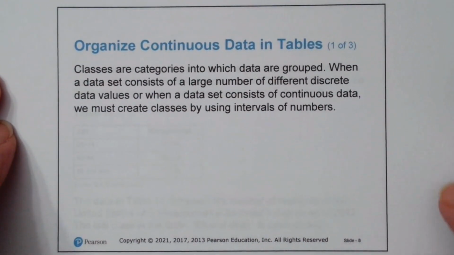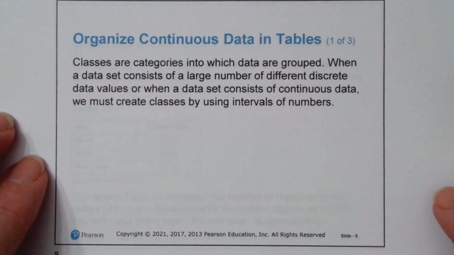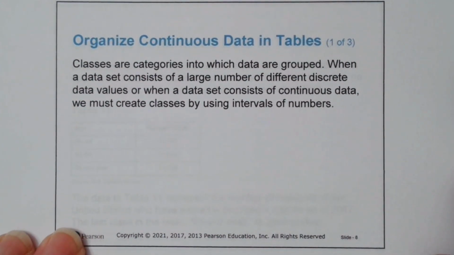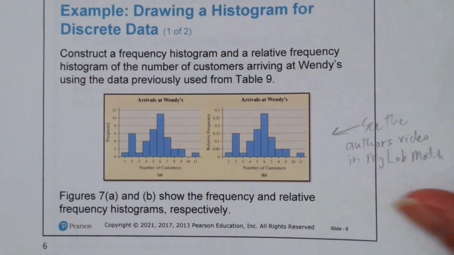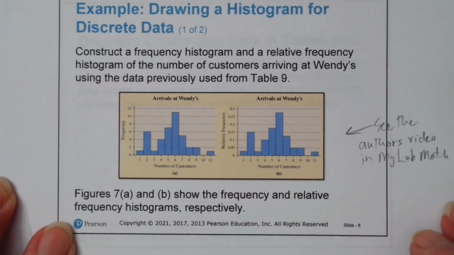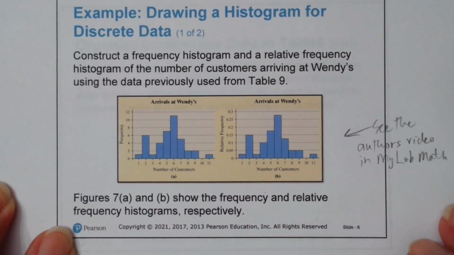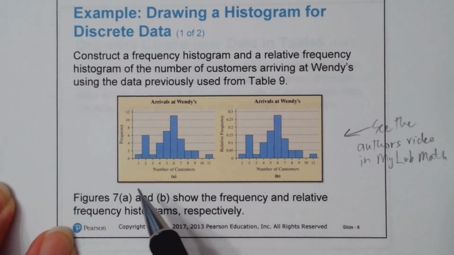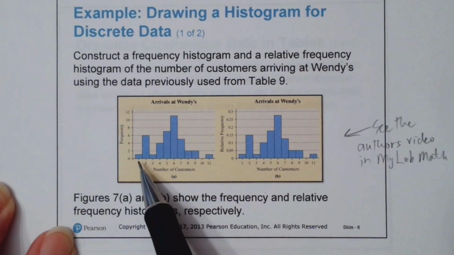Let's look at continuous data in tables. So classes are categories into which data are grouped. Let's see. You know what? I think I want to mention just a couple of things I forgot to say on that last slide. One of the things you'll have to do in the homework is read a histogram and answer some questions. Like, for example, we know there were 40 random 15-minute intervals that they looked at, but if they hadn't told you that, you can see that you have